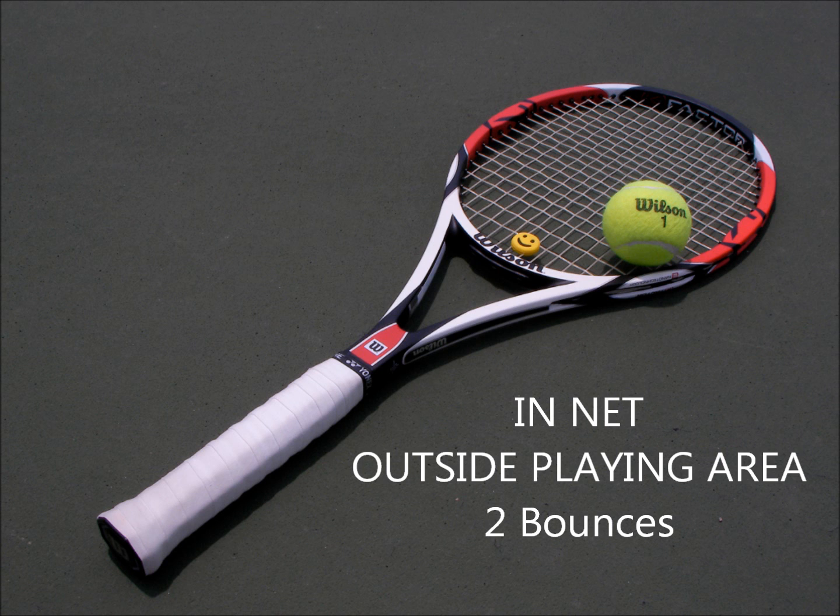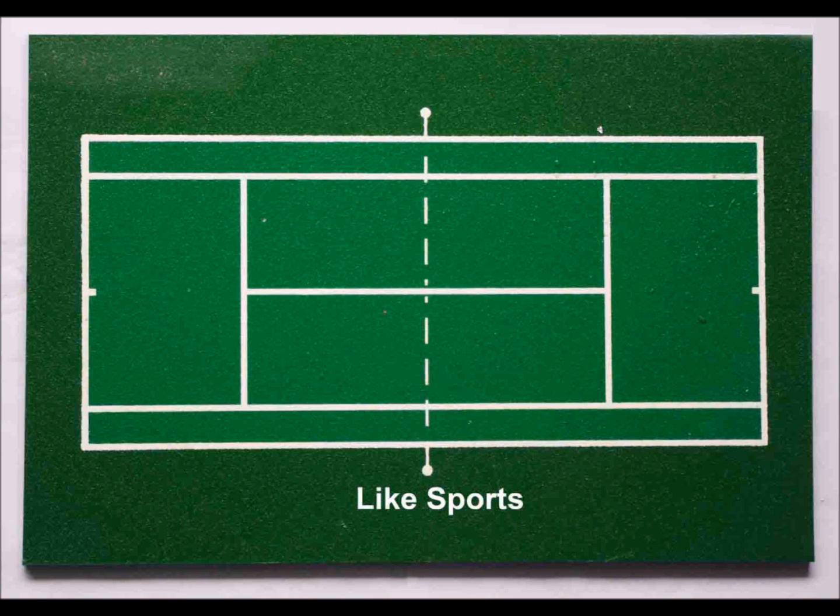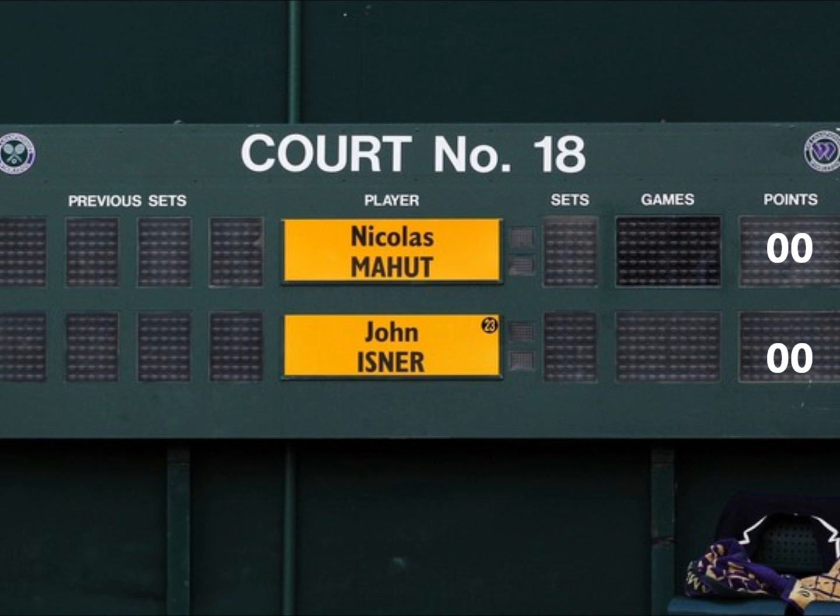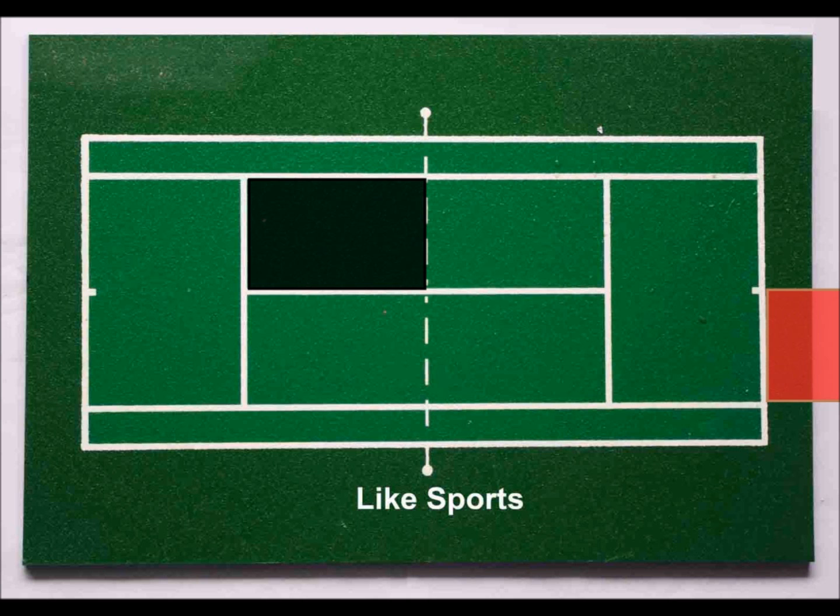Every game starts with 0-0 points, and 0 is called love in tennis scores. So a match starts with love all, that is, 0 all. If you take the first point, your score becomes 15, and the game score becomes 15 love. If you take the second point, then the score becomes 30 love. For the second point, you have to serve from the left side to the right service block.